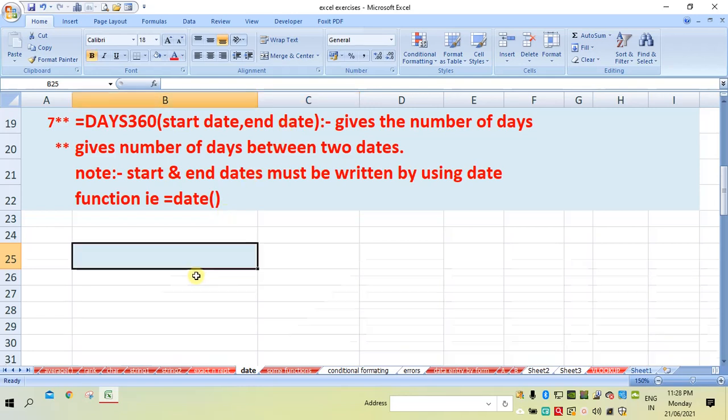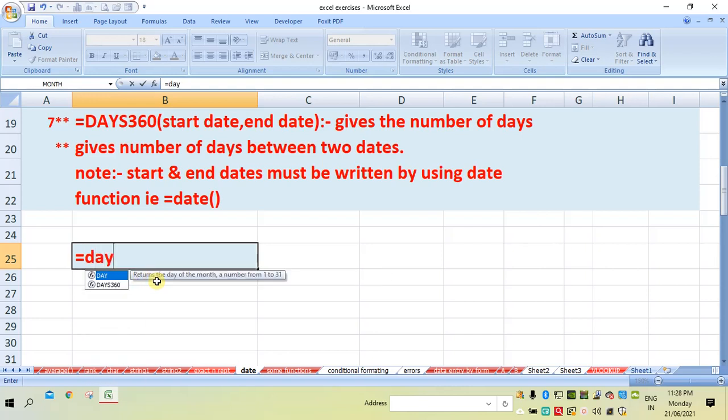For example, let me check how many days are present between two dates, 19/3/2021 as well as 20/3/2021. For that I will write the function equal to DAYS360. In brackets I will write two dates, put into quotation marks with a comma.